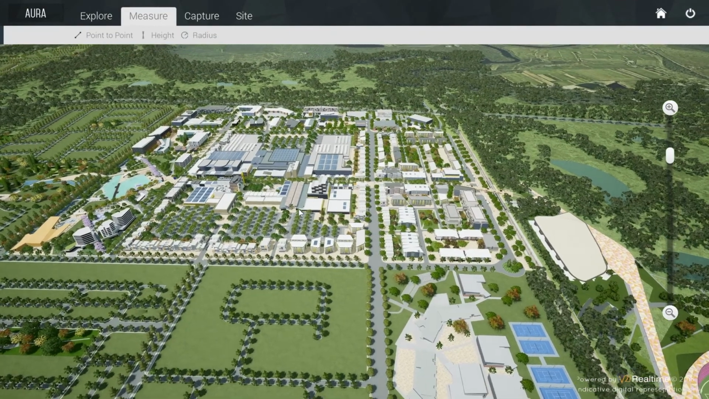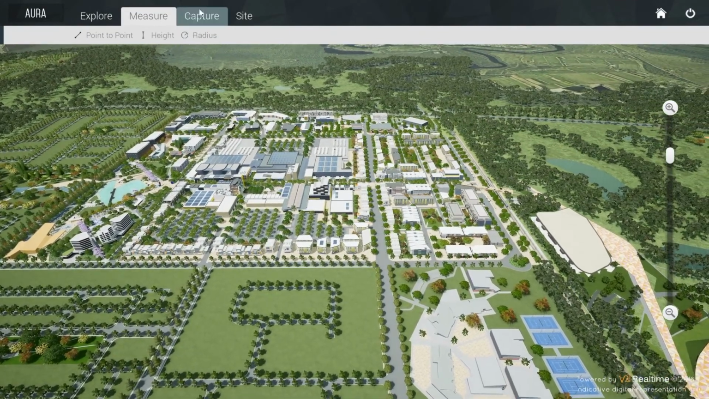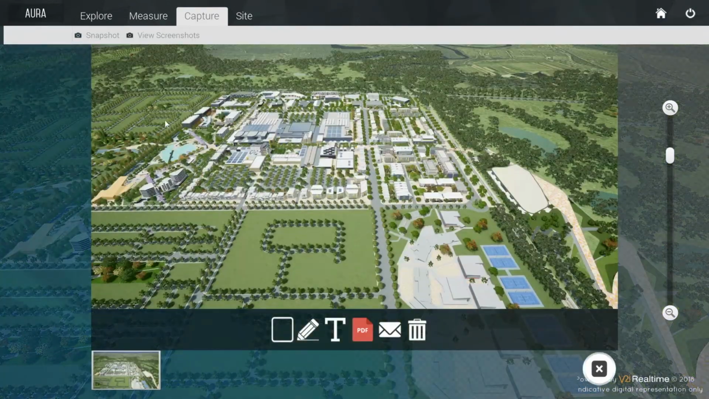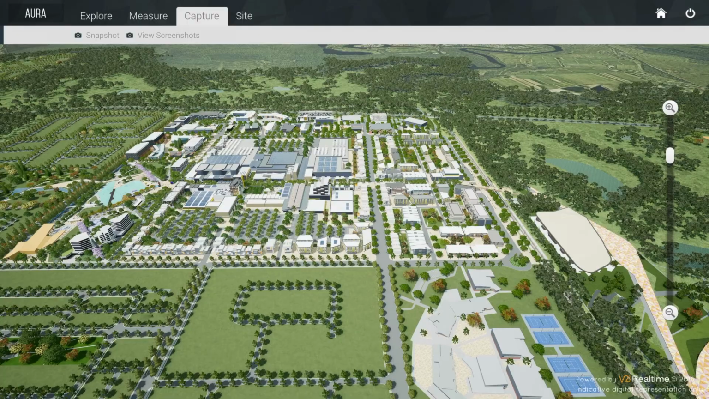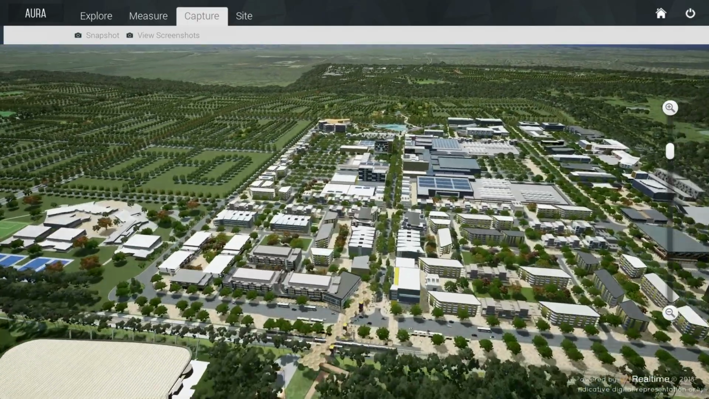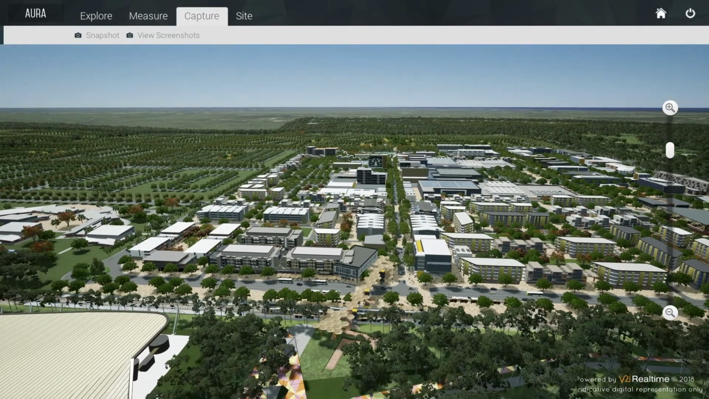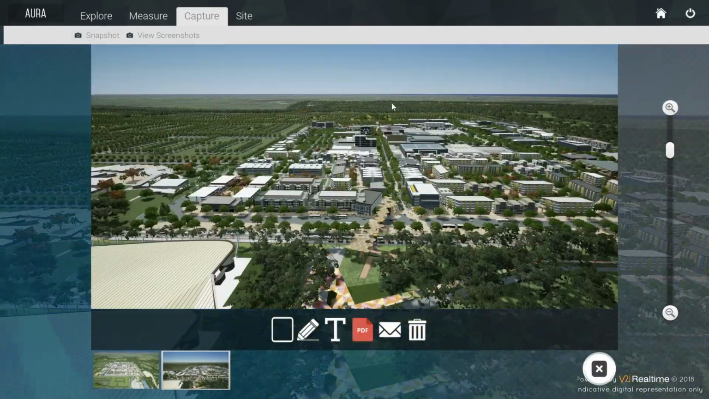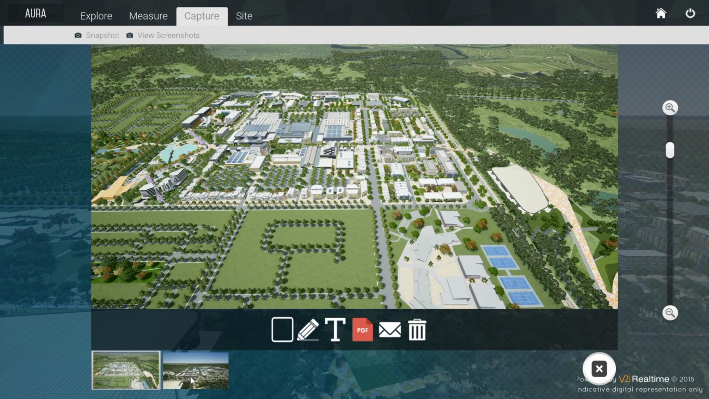To take your own snapshots, navigate to the Capture tab in the menu, click Snapshot, and that perspective will be rendered out. So we can close that menu without losing that snapshot, select a different angle, click Snapshot once again, and then that perspective will be rendered out too. At the bottom here you will have all the snapshots you have taken. You can select them